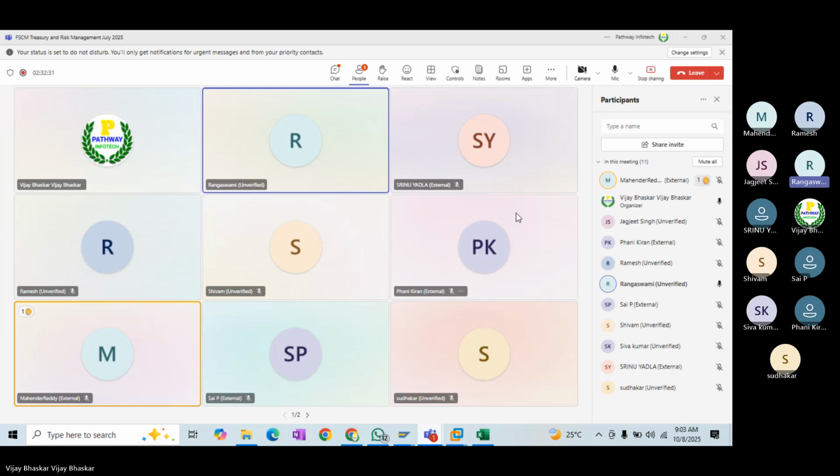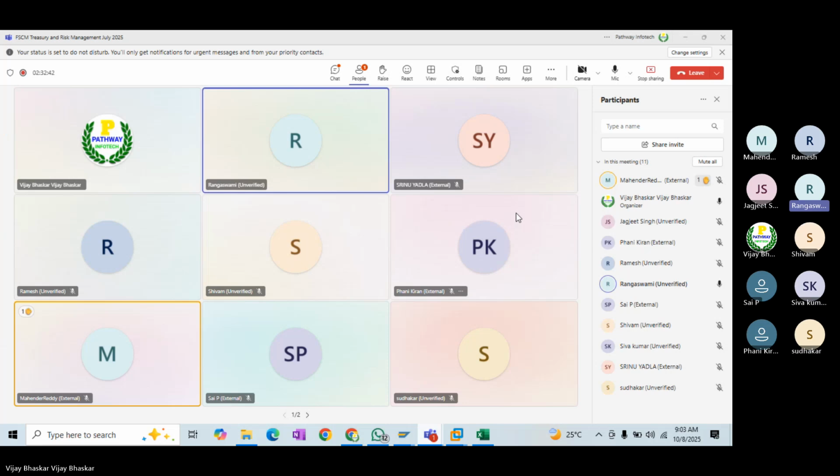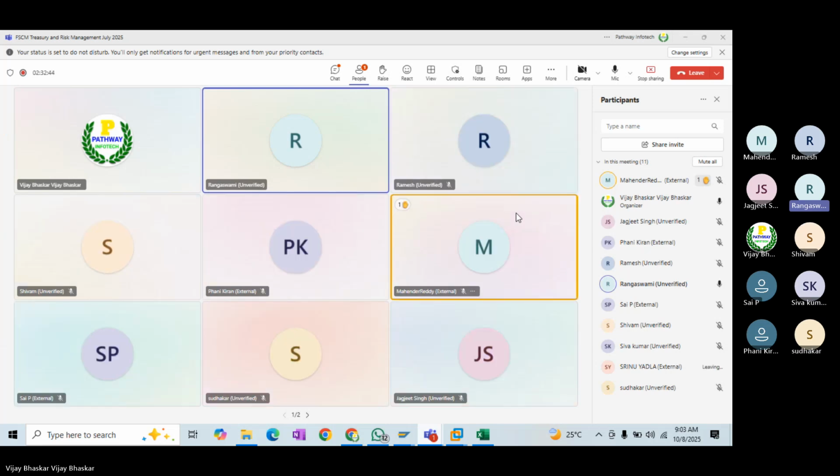Two more points, please. In terms of the chronological order, the workflow approval proceeds before the payment request occurs, correct? Yes, sir.